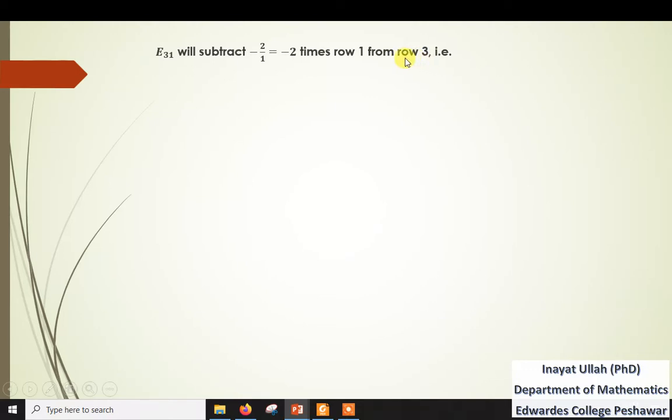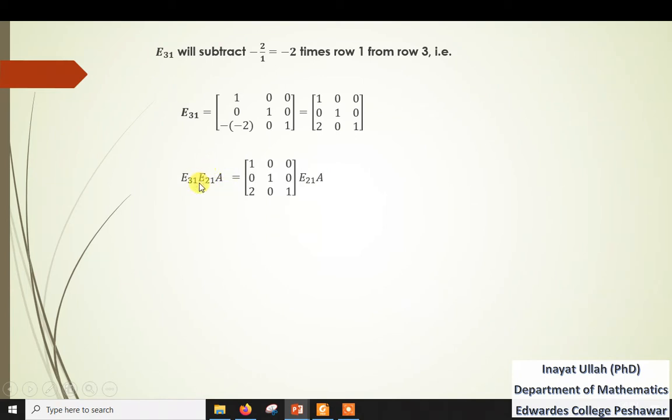Changes will occur in row 3, and in row 3 we will write minus 2 with negative sign. So that is E31. We have written minus 2 with negative sign in that place in row 3 where there is 1 in row 1. Now minus into minus is plus, so that is plus 2, so that is E31. Now multiplying this E31 with the previous